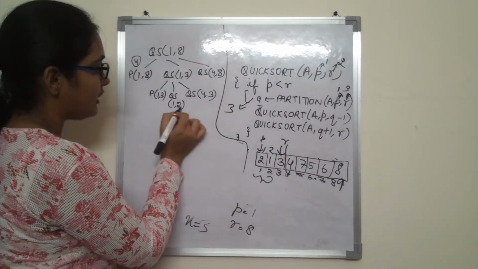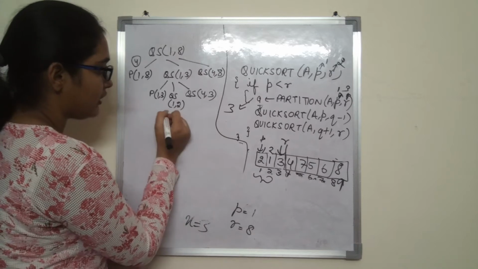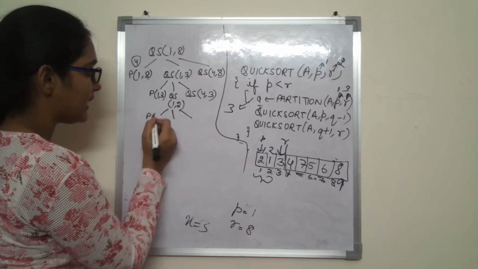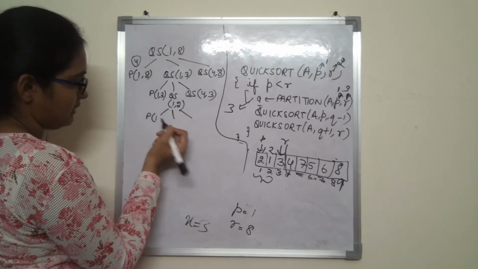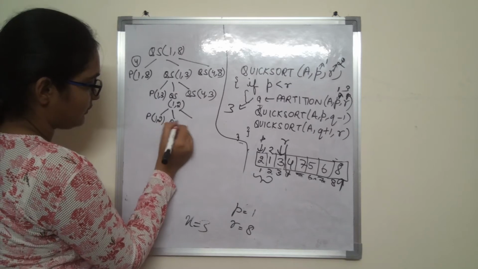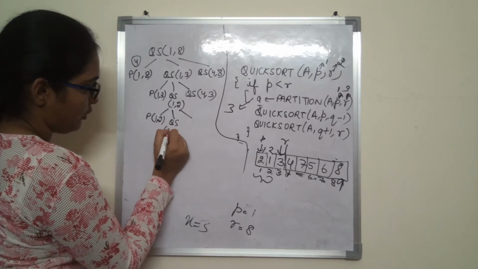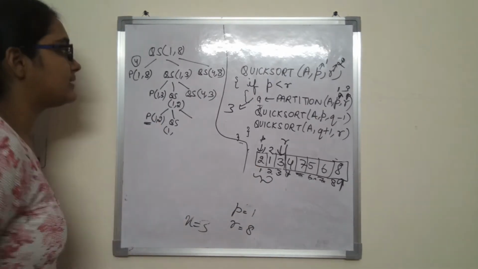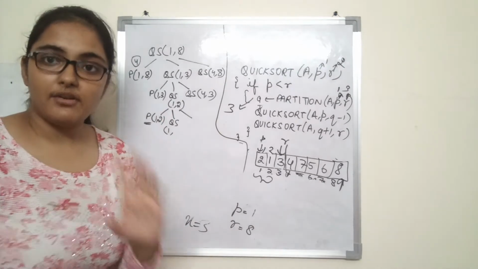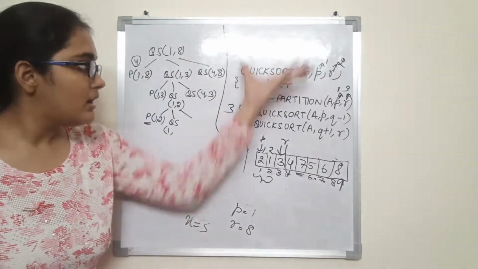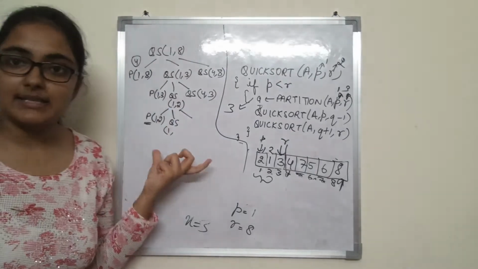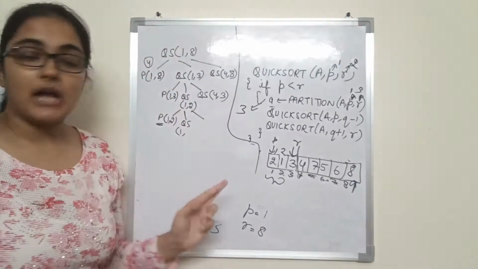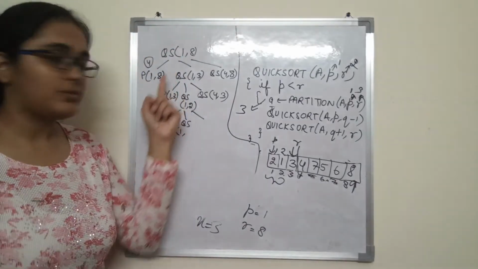So when we are calling on 1 2, what will happen? When we are calling on 1 2, now again partition, since 1 is less than 2, what will happen? It will again call partition on 1 2, and then it will call quicksort on 1, and what will it return? Now let us see what will happen at this stage. We have done this. So whenever we have to trace how the function carries out, we draw a tree like this, and we have to traverse it top to down, left to right.